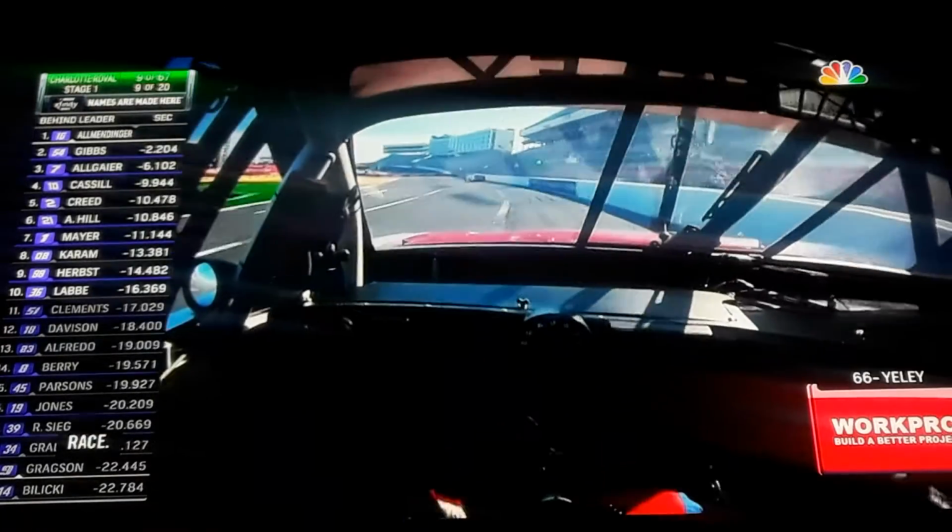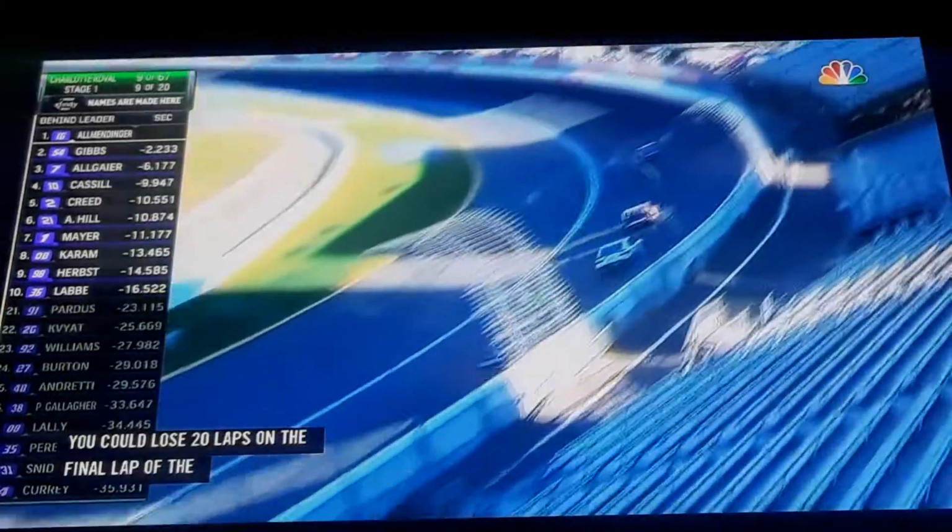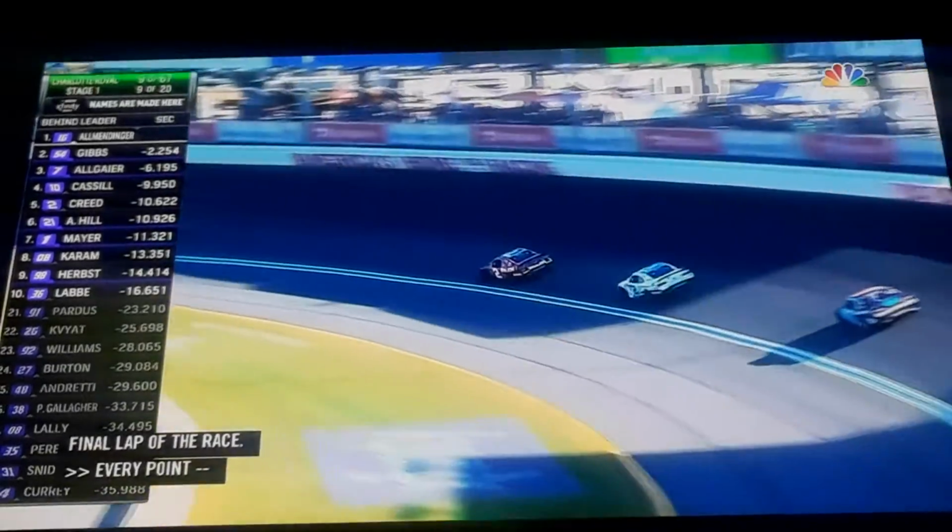Every point is a position. So every position on the racetrack, you can earn a point. And then at the end of stage one,